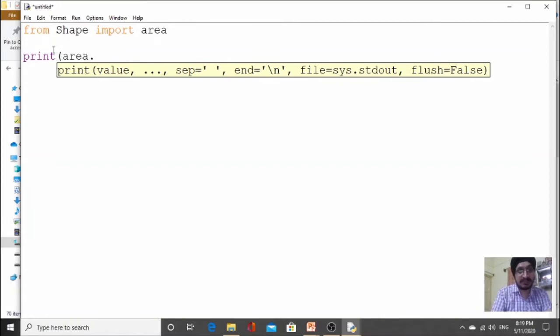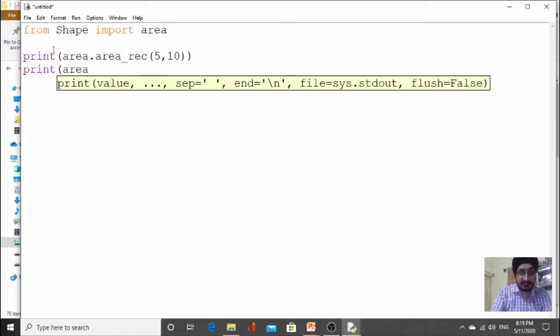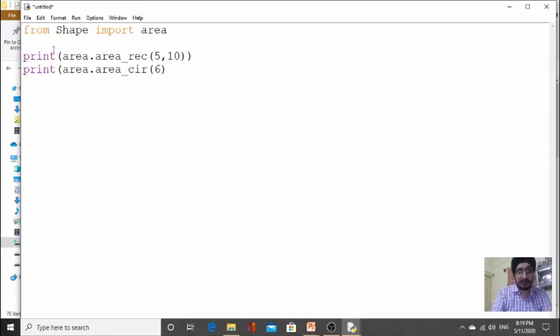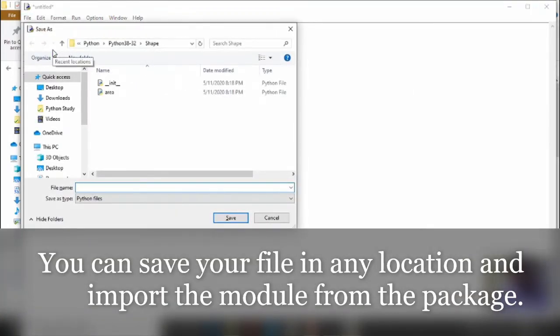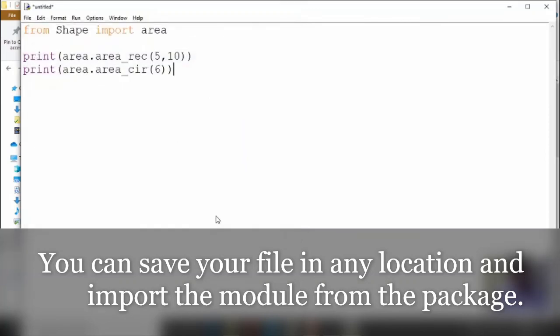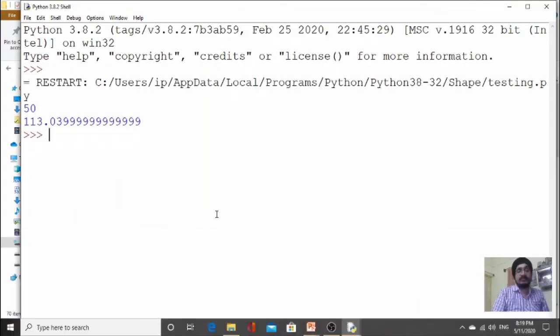So I am writing here area_rec(5, 10). In the next line I am again using the other function, area_circle, this time giving 6 as radius. Now save this file and run, and you can see the result.